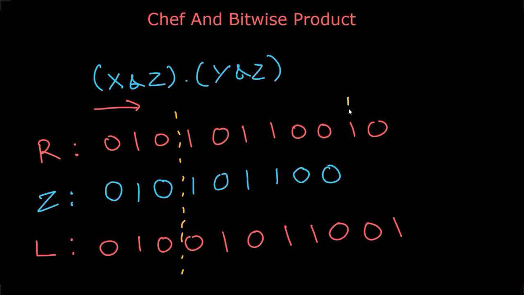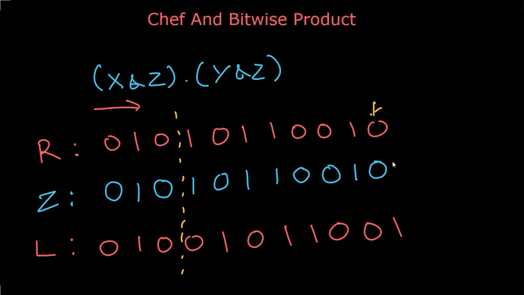Then for the next position, I will put this bit value as 0 and the remaining bits as 1, and then push this z value to the vector, make this bit value as 1, and for the final position, I will have the bit value as 0, and I will push this z value to the vector since we have finished processing the entire bit sequence of R. In addition to all the z values that we have pushed till now, we will separately push the L value as well as the R value, because obviously Z can be either of L and R too.